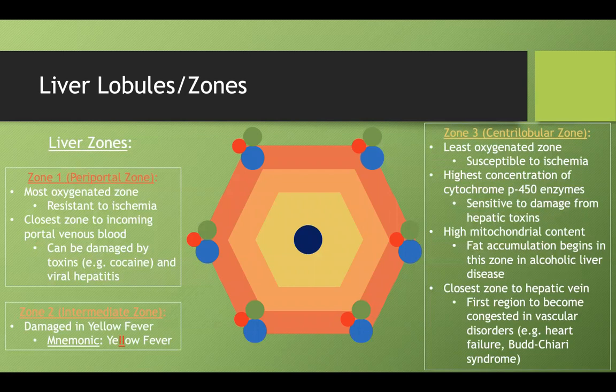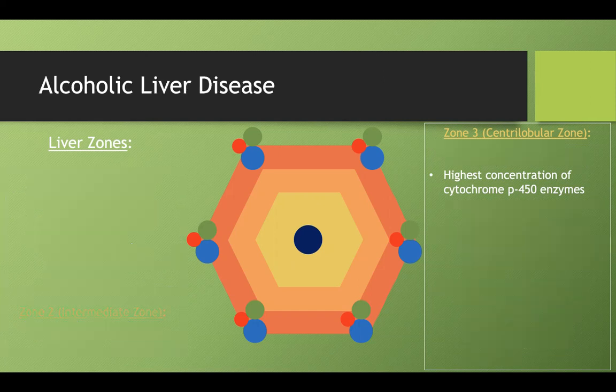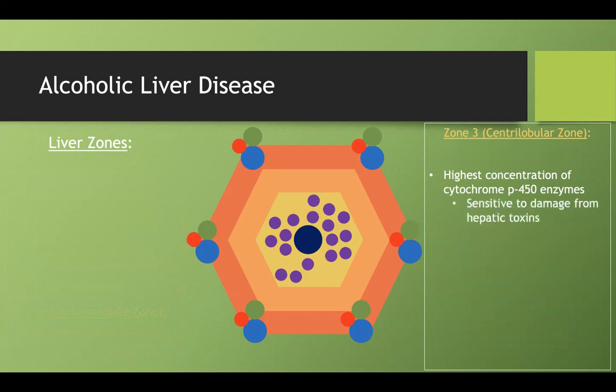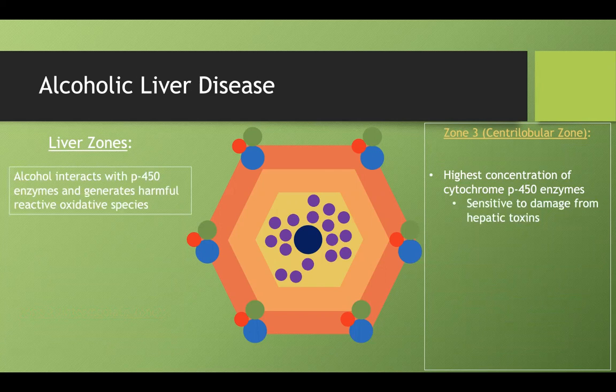In the anatomy section, when we talked about our liver lobules and zones, I showed you this somewhat complicated slide. What I want you to realize here is that zone 3, the centrilobular zone, has the highest concentration of P450 enzymes and the highest mitochondrial content. And if we start with the P450 enzymes, the problem with alcohol is that it can damage those P450 enzymes directly. And once it interacts with those P450 enzymes, it'll create reactive oxidative species that can damage that specific